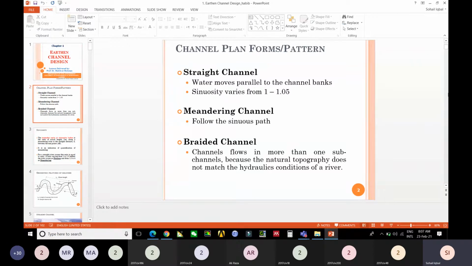sometimes we also study them in rivers. Rivers may also be in the form of a straight channel to some extent, so they are not a straight channel from the initial point to the final point. Anyhow, at some locations they are straight. So in straight channels, the sinuosity varies from 1 to 1.05. What is sinuosity? Sinuosity will be